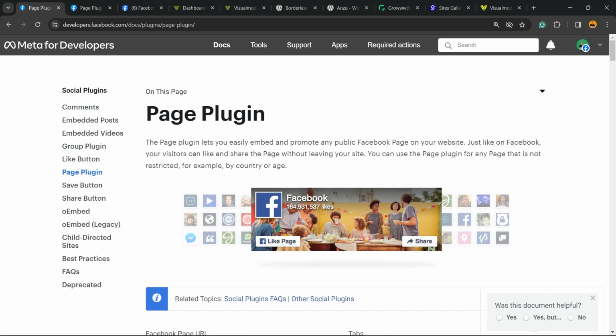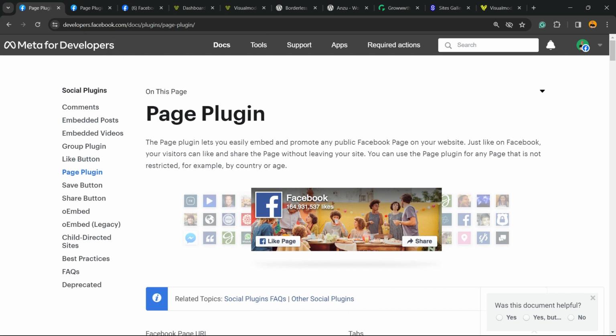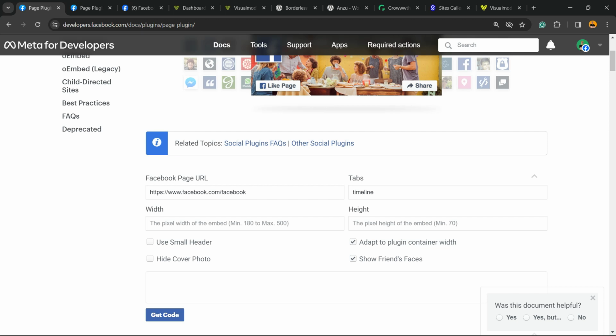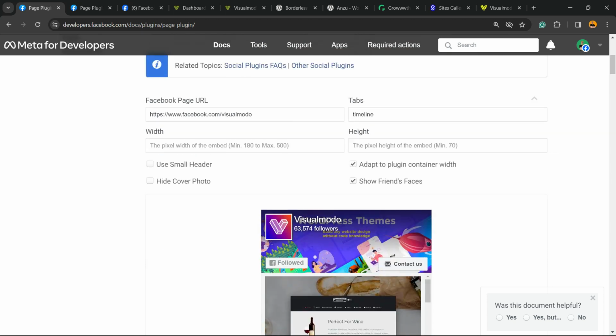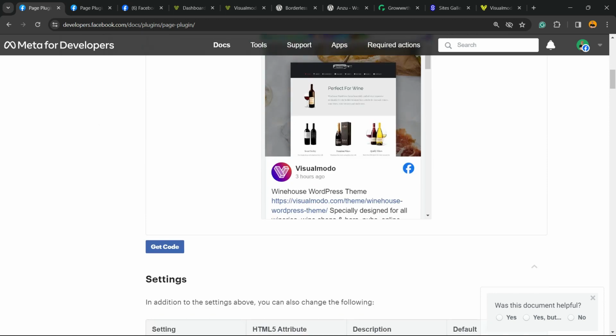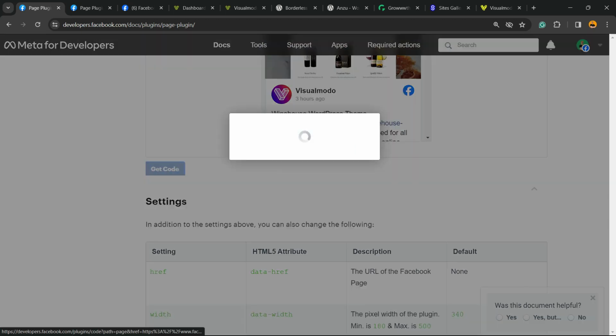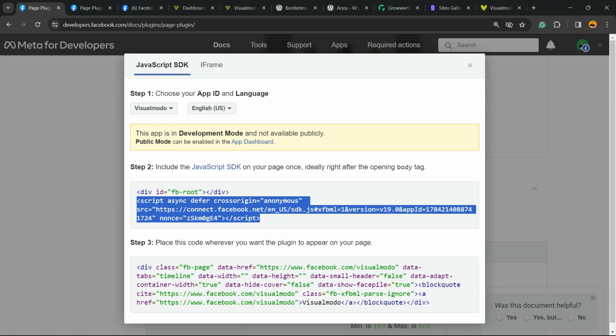You're gonna be able to go to a page just like this one, okay? Remember, you must be logged in on your Facebook account in order to access this page, okay? After, basically all you have to do now is into this field right here, Facebook page URL, place your Facebook page URL. Now I'm gonna jump these steps, okay, so we can explore it later. And get code. There is a two parts code. There is this note, see this app is in developer mode, nothing to worry right here, okay? Just grab the code,